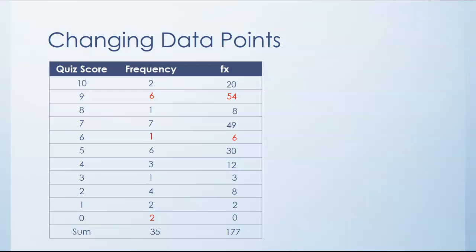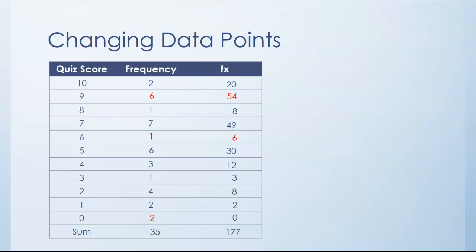And the same thing for the score of 6, which was 0, but now it's 1. So now I have 6 times 1, which would give me 6. Now, for the score of 0, 0 times any number is still going to be 0. So 0 times 2 is going to maintain being 0. Now, one thing that didn't change was the number of students. I still have 35 students taking the test, because I took 2 of them away from the 0, but I added 1 to the 6 and 1 to the 9 score. So I still have the same amount of students,